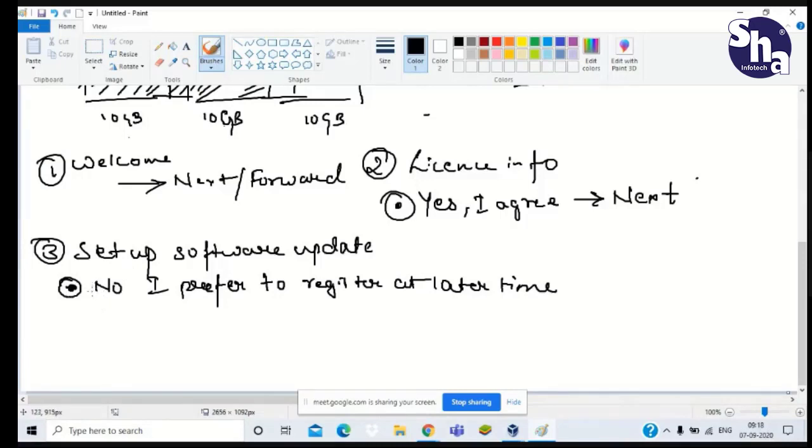Okay. Then by clicking on next, another interface will appear for confirmation.